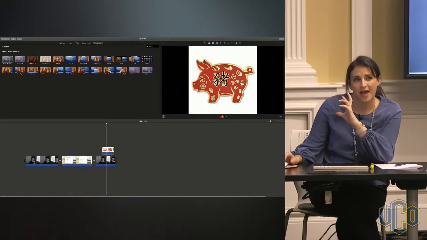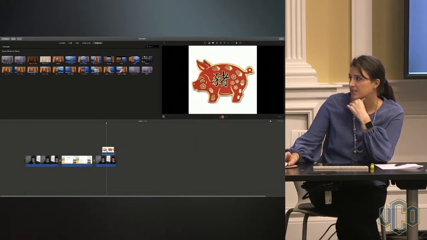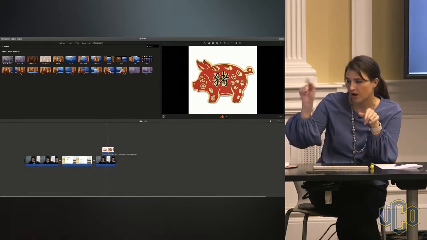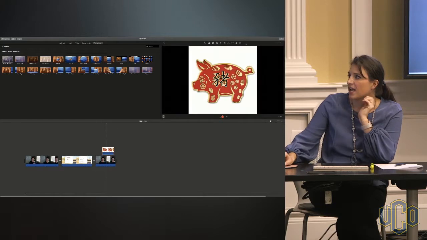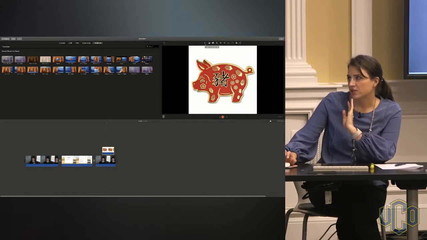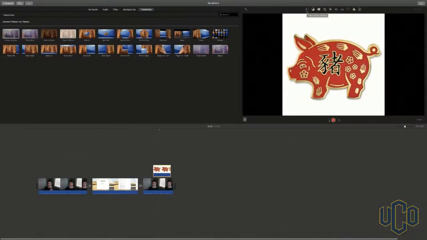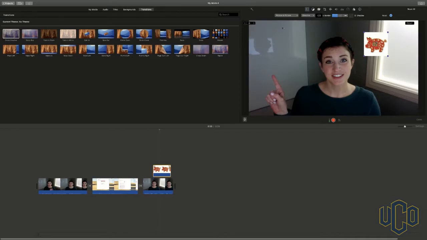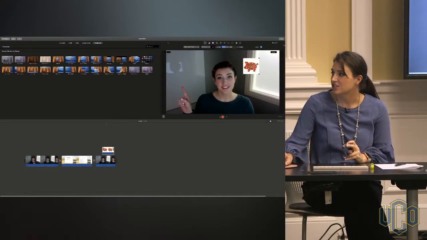So how I'm going to add that picture-in-picture effect, I'm going to select the image on top. So the yellow bar is around that image, so it's selected. And I'm going to come up to, it looks like the icon, it's called video overlay, so it's two squares. One is a solid square and one is a dotted square. And I'm going to select the video overlay, and right now it's in cutaway settings, but I want it to be picture-in-picture. So it added it on the wrong side, but you can kind of see it made it smaller, but I can just click and drag it